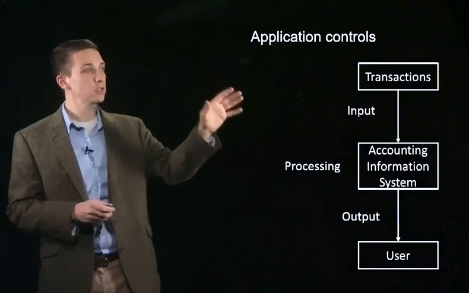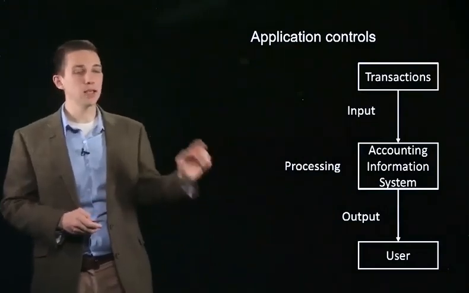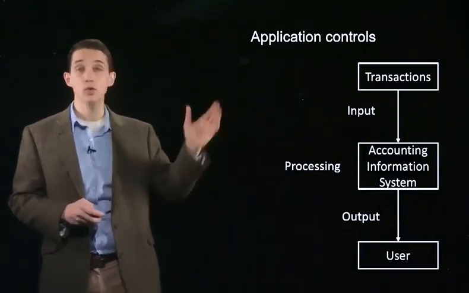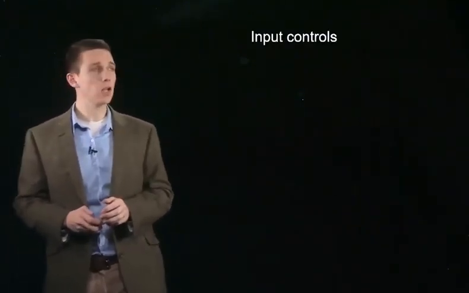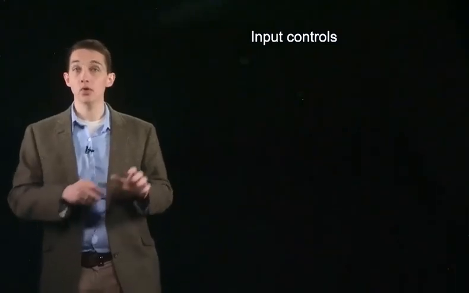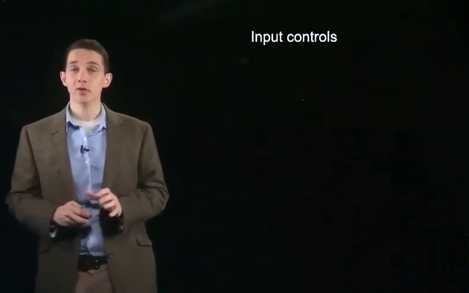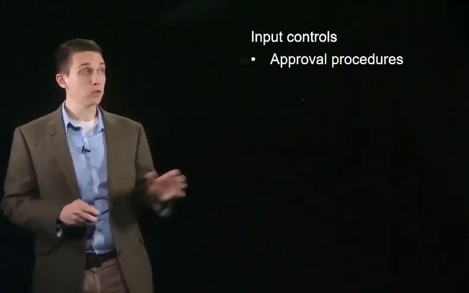So three places that this can go wrong: input, processing, and output. And so we have three different types of controls: input controls, processing controls, and output controls. So let's talk about input controls. Input controls are designed to make sure that accurate data gets into the system. So first we have approval procedures. We need to make sure that any information that goes